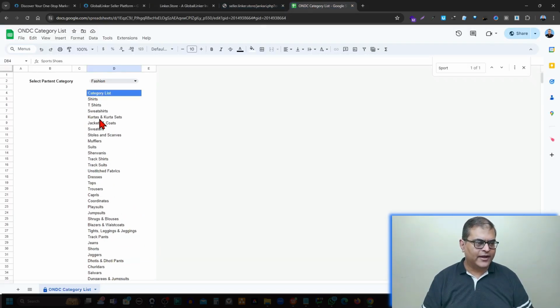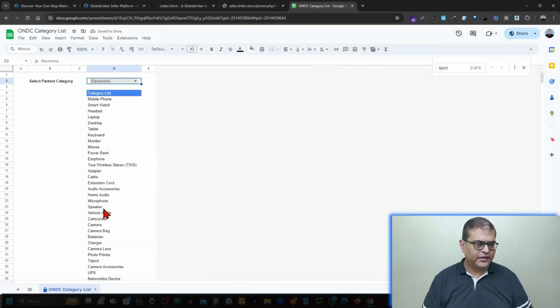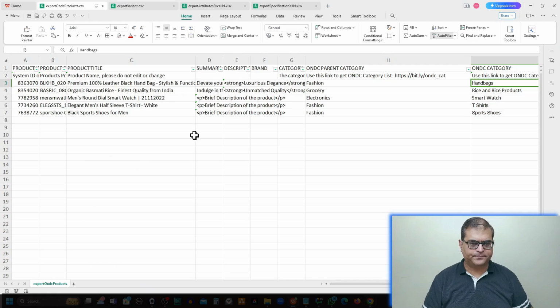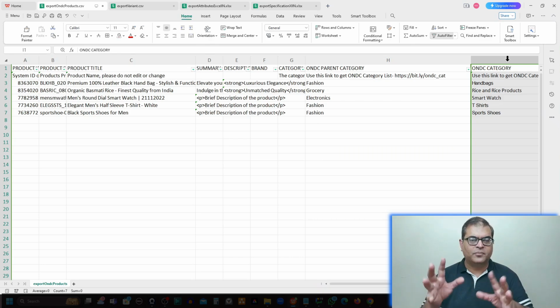Now to get the categories, you can just select the category, for example, electronics. The moment you select here, you will see the categories have changed. Now all you have to do is to just copy paste the required categories from that file to here and update the categorization. So this is the parent categorization and this is the subcategory, parent categories and subcategories. So that's what you have to update here. Once you have updated this file, which will not take a lot of effort and energy,